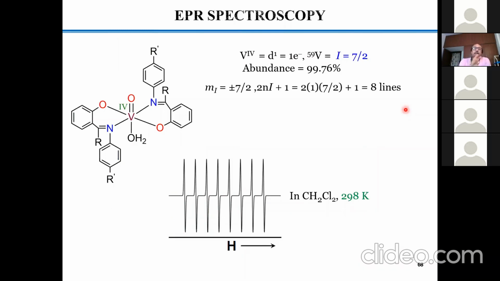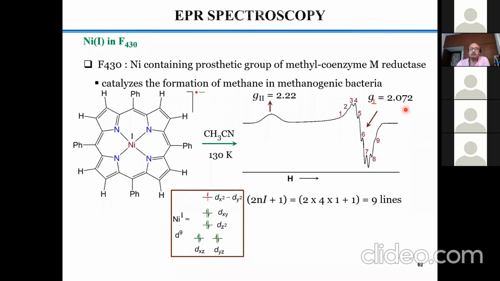Now, again, this is a very simple spectrum, as we already said, just to give you an impression of what is the difference between, again, room temperature and your